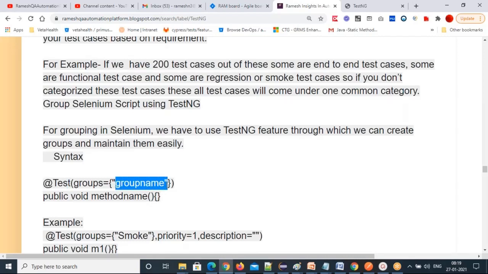Generally in testing we have smoke, regression, end-to-end, and functional test cases, and you give those group names, or you can give your custom group name also. It's not necessary that you give only these keywords. I'm just giving an example of what the groups are regularly for test cases and how we use them.